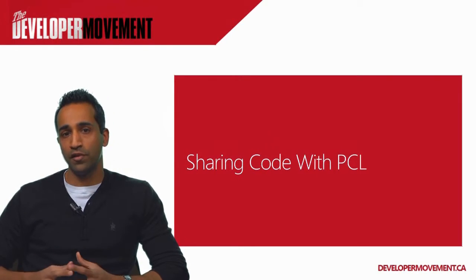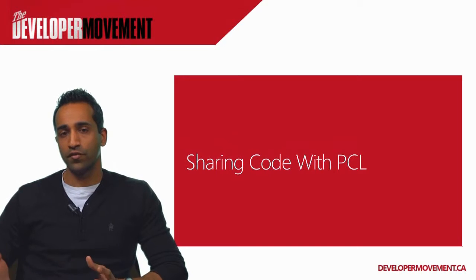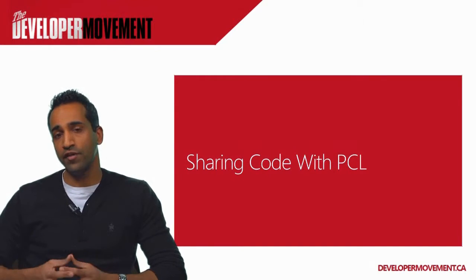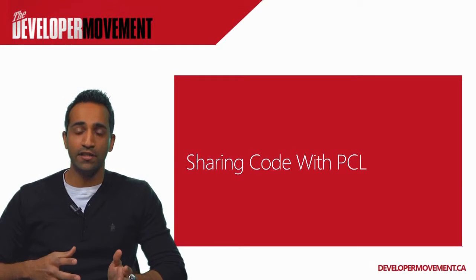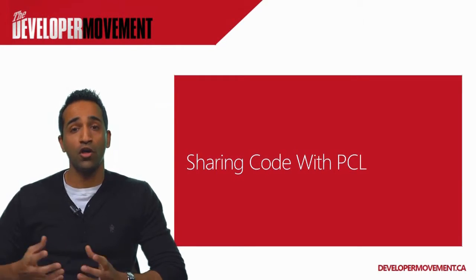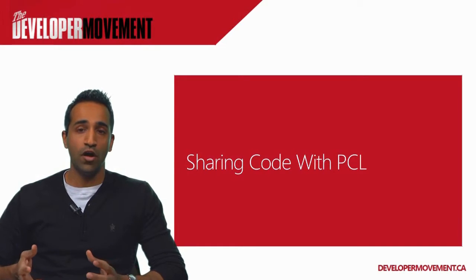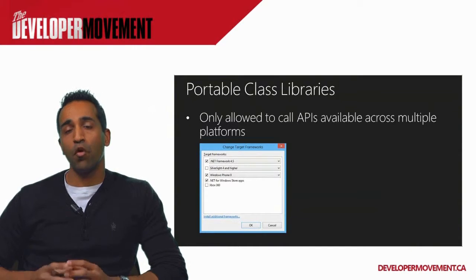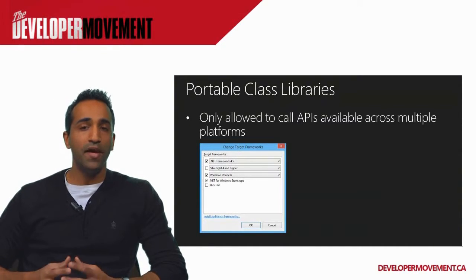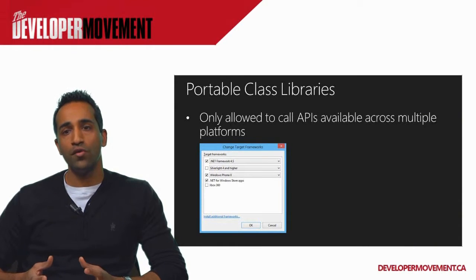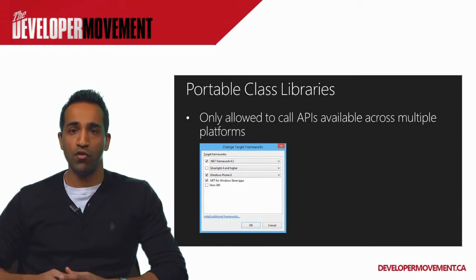How do I do this if I'm building this for the phone? I want to port this code to the phone. I just told you earlier that with the API convergence, every API that's on Windows 8 is not necessarily available on the Windows Phone. So how do I get code to compile cross-platform? And that's where we talk about PCLs. So PCLs are portable class libraries. And they basically allow you to create an assembly of code that can run on either platform, Windows 8 or